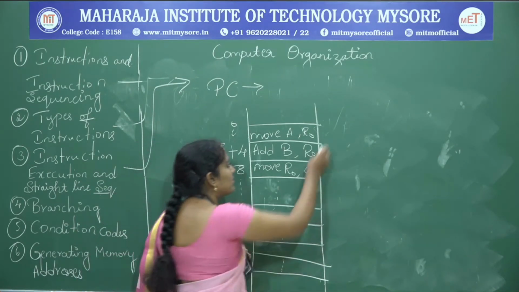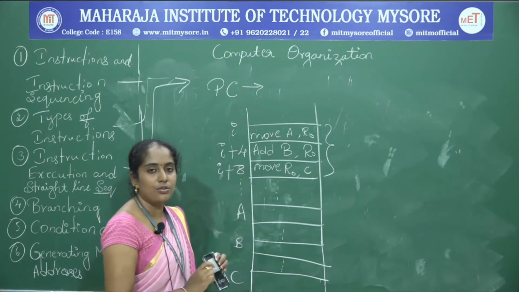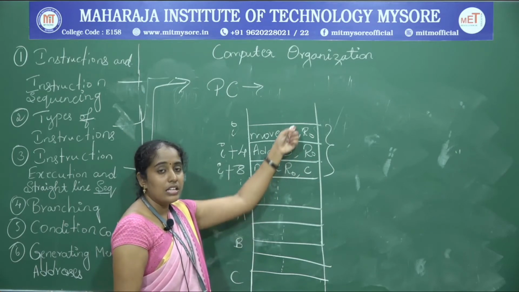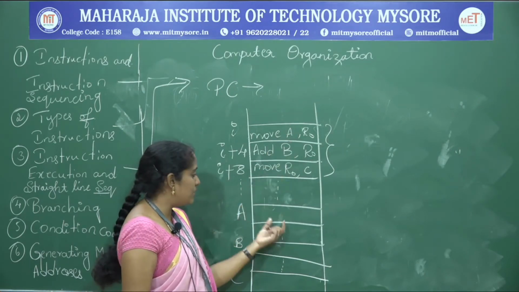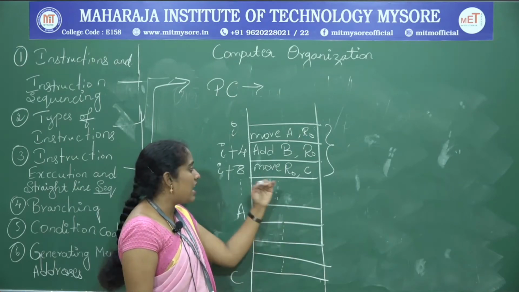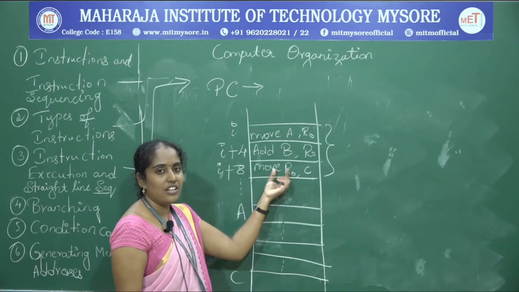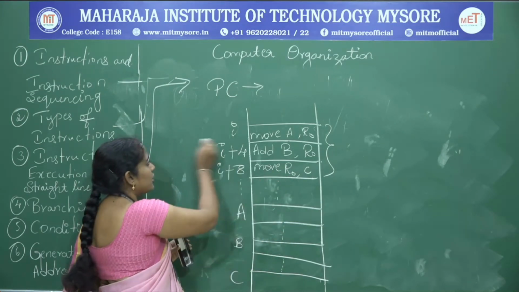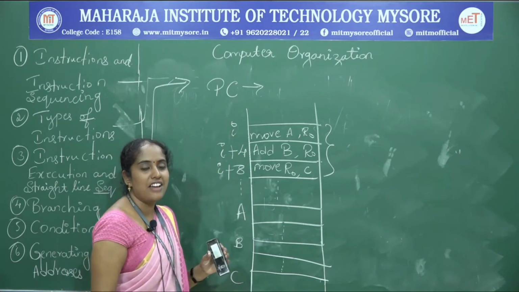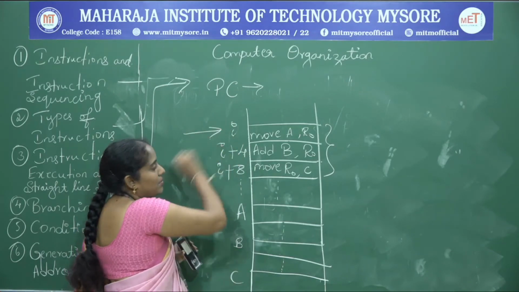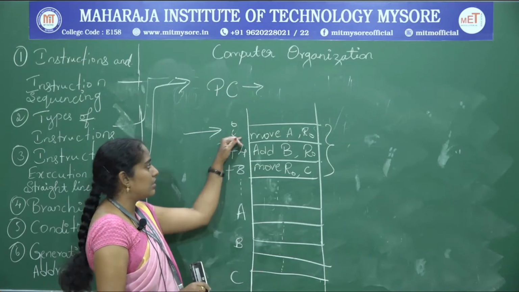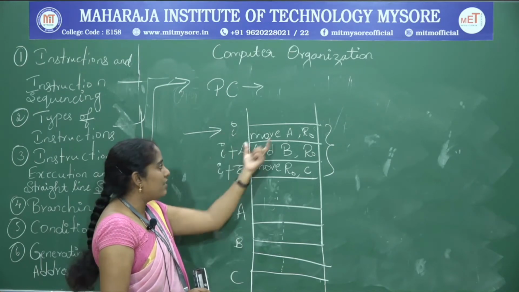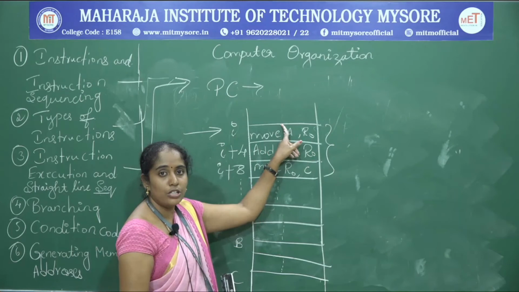So, this is the instruction to compute the addition of two numbers, A and B. The A and B values will be stored in these two locations, and after the addition of the two numbers, the result will be stored in this location. Initially the PC will always contain the address of I. So the program execution always begins from this location, I. So PC will contain I initially, and we move this whole instruction into the